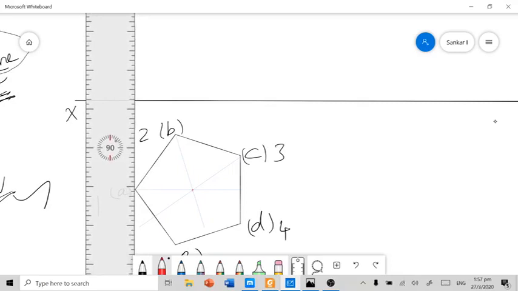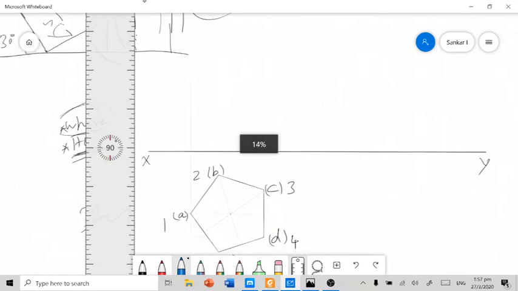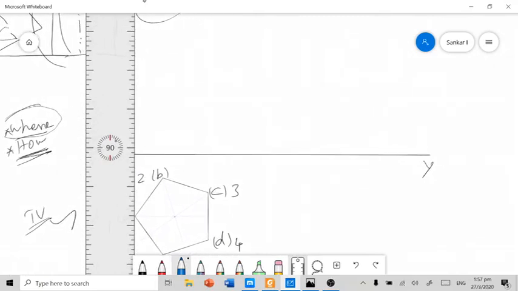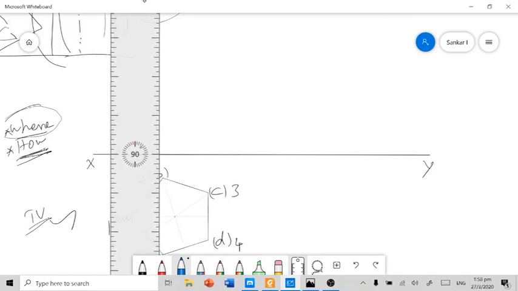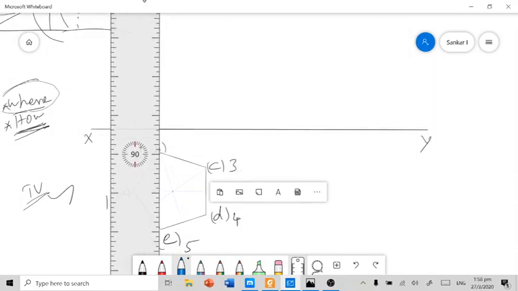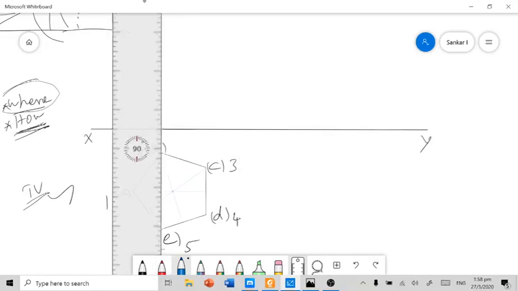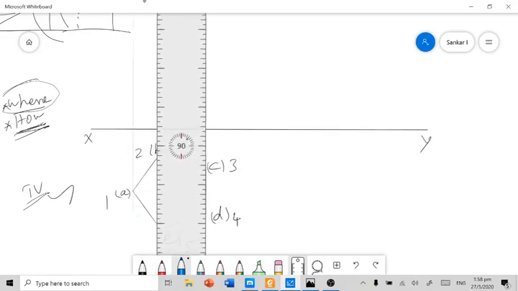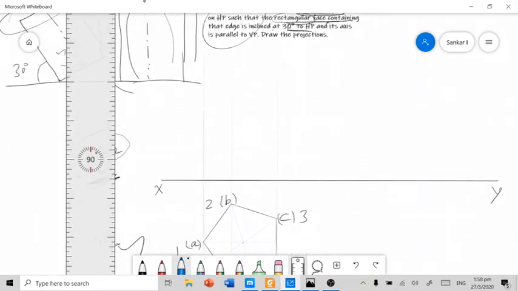Since it is a touch screen, in this way you need to draw the projectors, and the axis height of the solid given in the problem is 60.